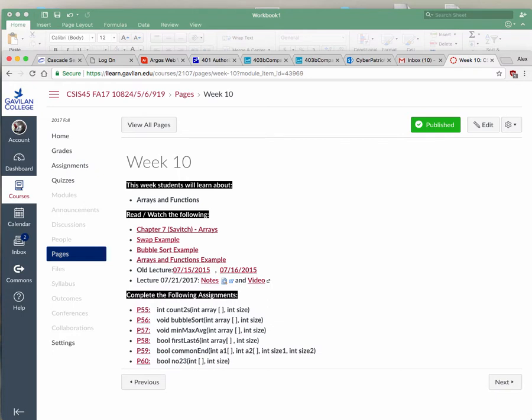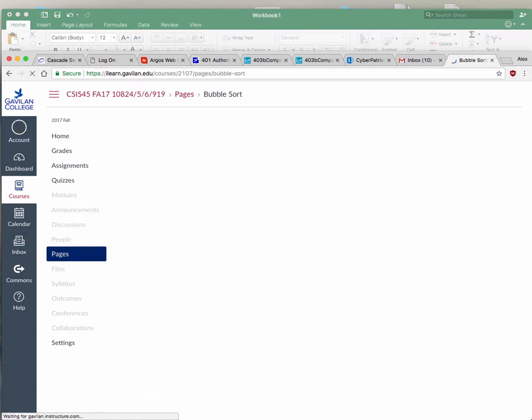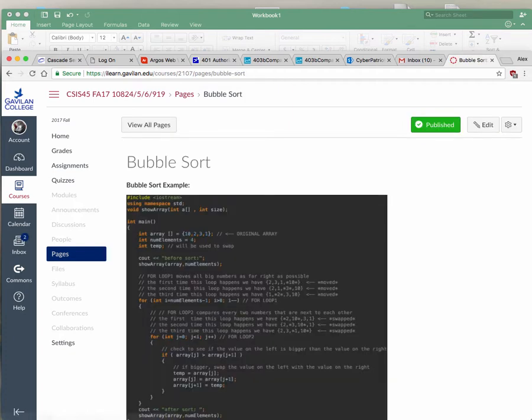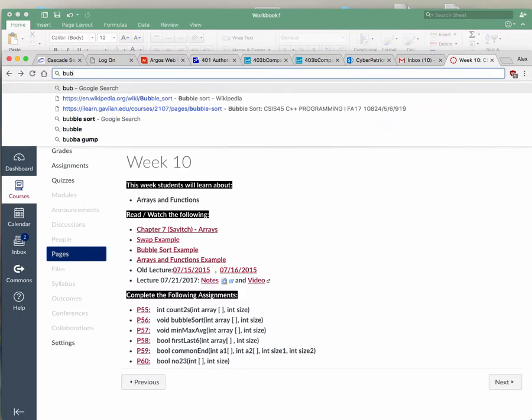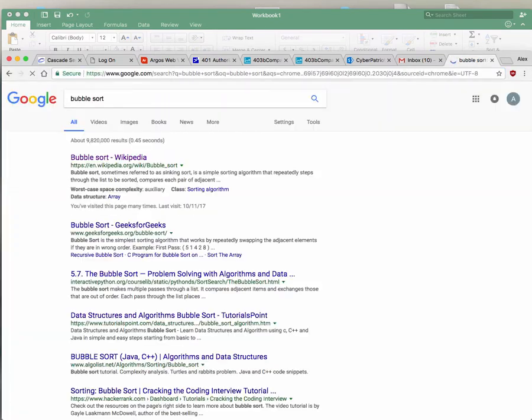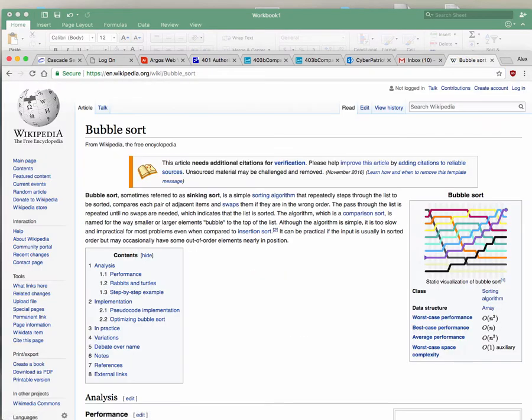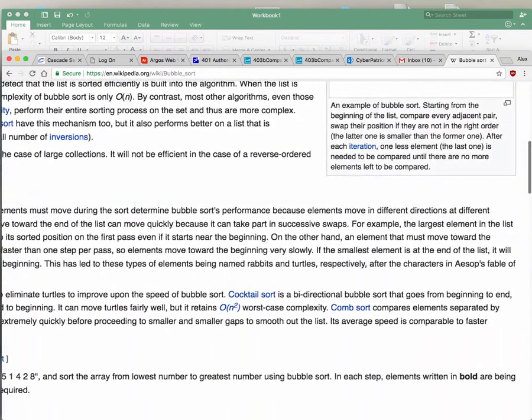All right. So the other thing that I'm going to tell you this week is, let's do the bubble sort. Let's see if I have some picture in there. No, of course not. All right, let's Google it. So if I Google bubble sort, all right, and you look at this thing,